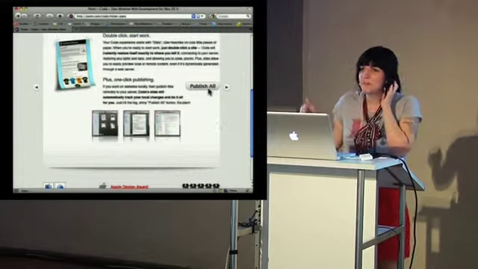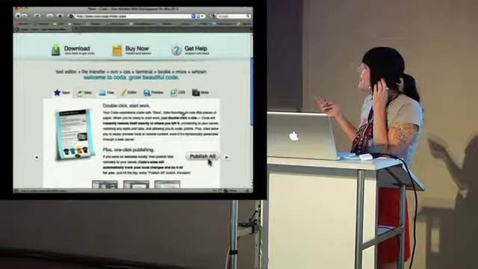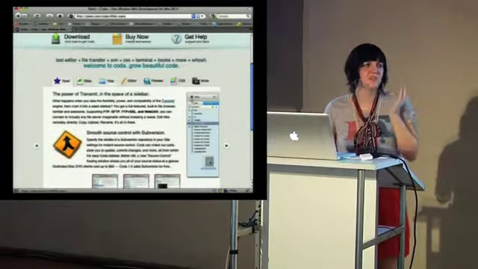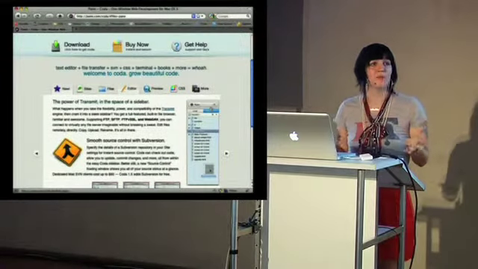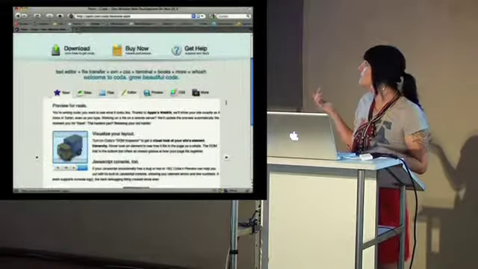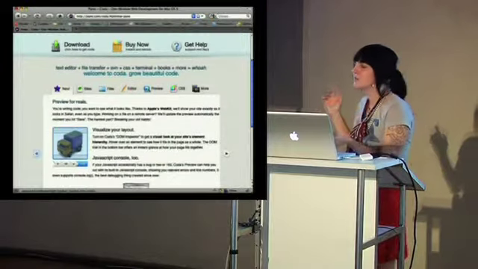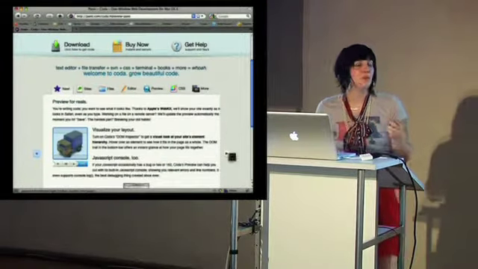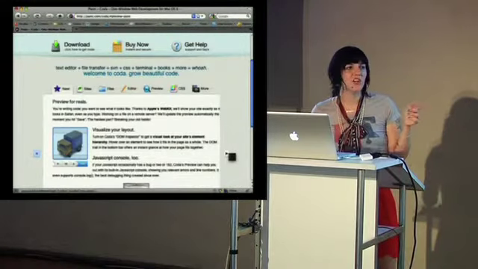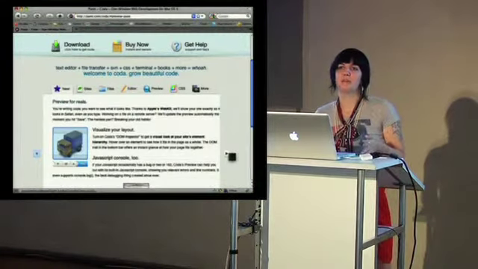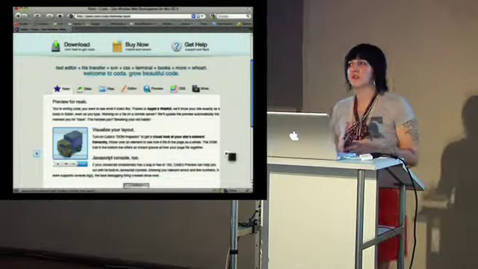But it does this weird jumping down thing. So now I have to scroll back up every time I want to change something, which is really distracting as a user. I just want to learn about your product. I want to buy it, but it's really confusing. And then I still have these arrows here that are trying to call this JavaScript, but of course nothing's happening. So a way that they can improve this is you want to write your arrows to the page with JavaScript and not include it in the source where it's not going to work for someone.